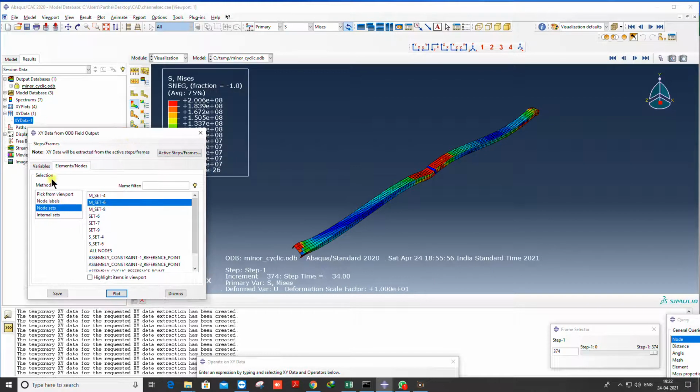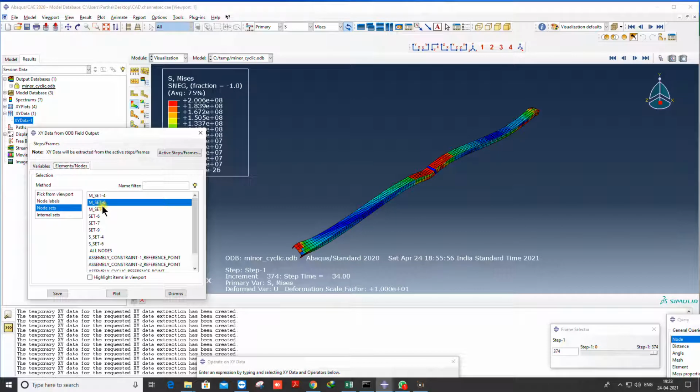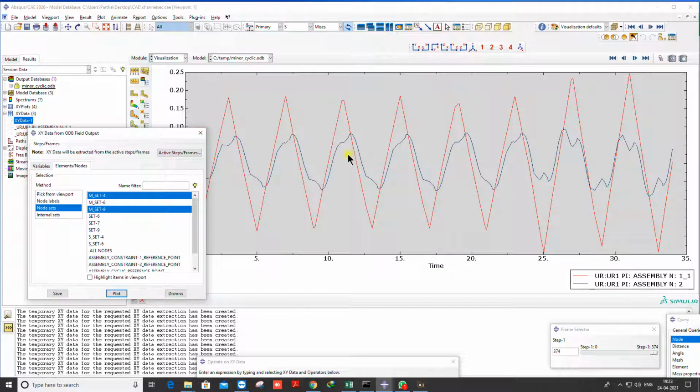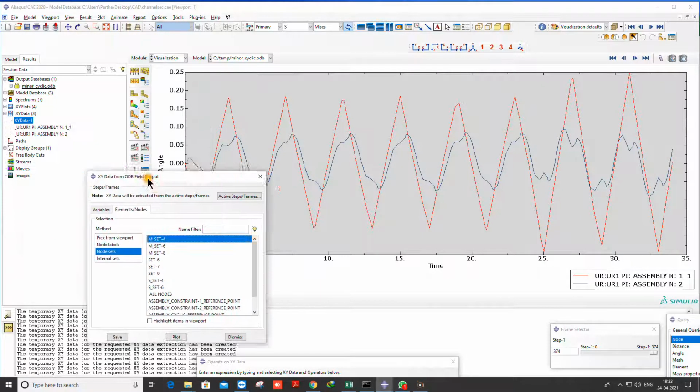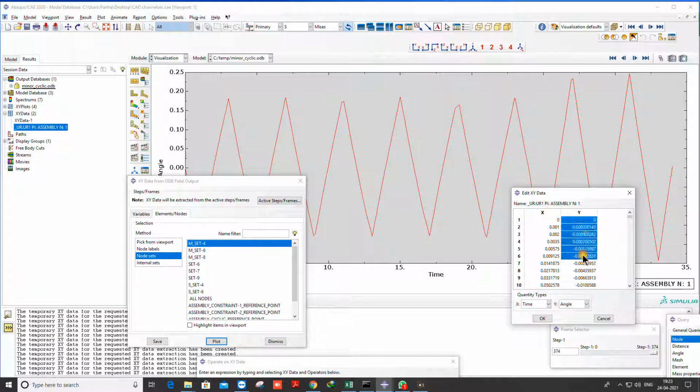This is my data, and what I need next is the rotation. So rotation is my UR1. Okay, so UR1 is my rotation. Here, at MSET4 I'll get it, because we have not blocked UR1 at MSET4, and also you'll get it at MSET6. So you can take the higher one. I'll simply take the higher one. So here the MSET4 is this, edit it, take the value. But for the timing I'll simply let it be like this.